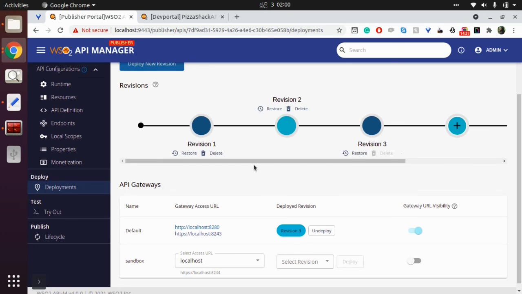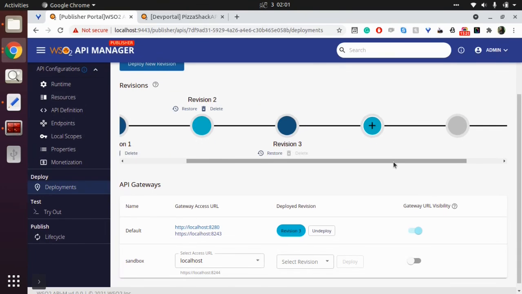There is a maximum number of revisions we can have for a given API. Here we cannot create more than 5 revisions. If we want to create a new revision after the maximum allowed number of revisions is reached, we need to delete a previous revision. However, you really don't need to delete a revision manually like we previously did. When you create the 6th revision, it asks you which revision you want to delete.